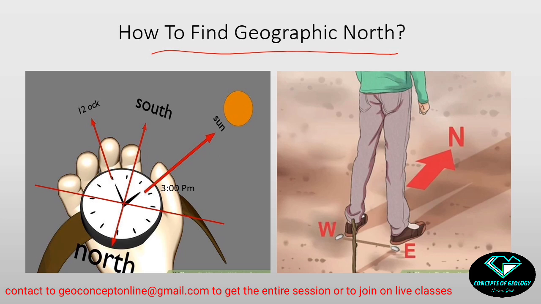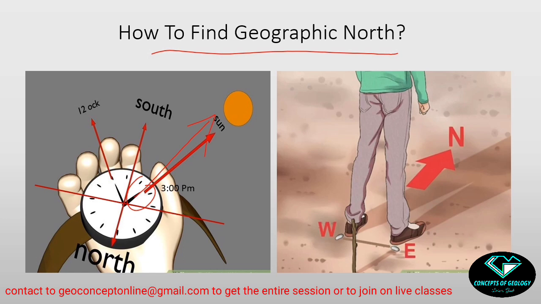But if I don't know the declination value where I am doing the field work, if I don't have the base map with me, how can I do it? Suppose we are doing the field work in the northern hemisphere in India, and I have a wristwatch in my hand. I have to place the wristwatch horizontally, just like we hold a compass for measuring any direction. Okay, and we need to keep the hour hand directed towards the sun.